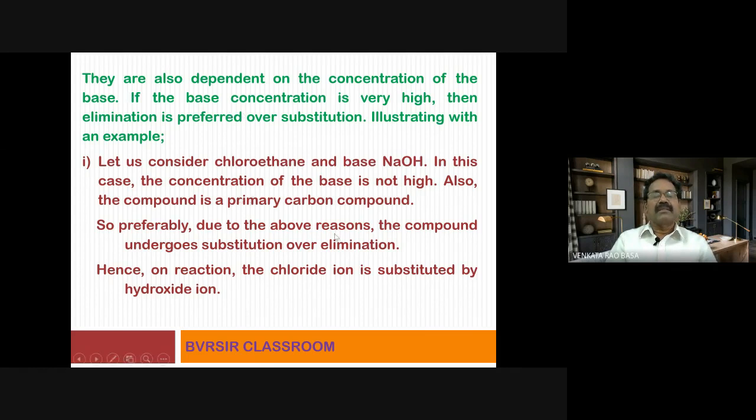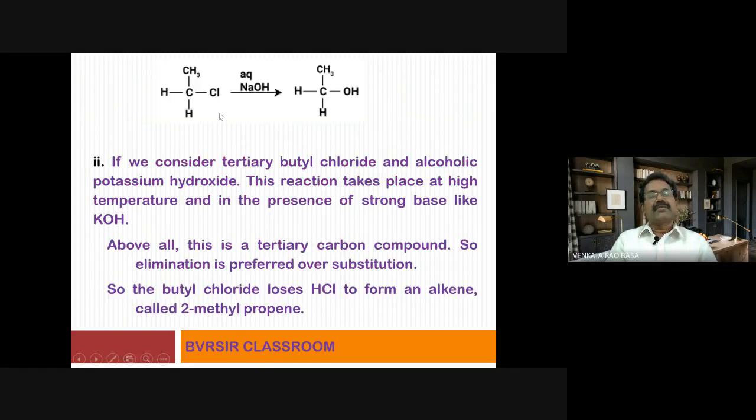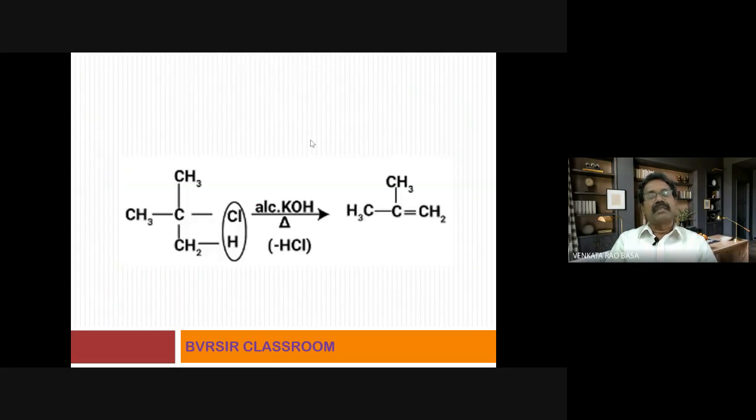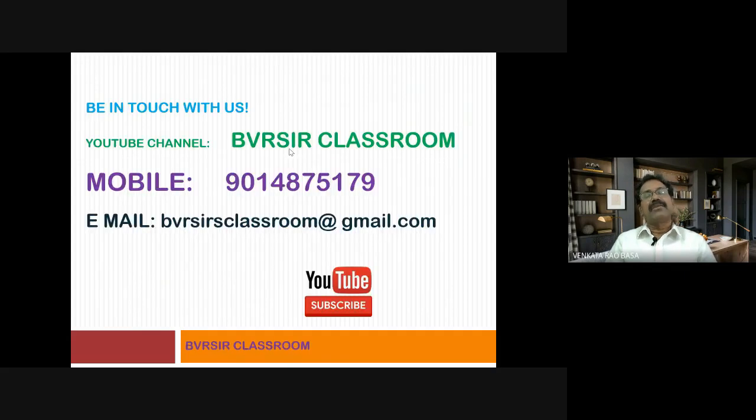This is the explanation regarding that. You see this one, aqueous NaOH. What is the product obtained? A substitution product will be obtained. If it is a concentrated condition, then what is the product obtained? Alcoholic KOH. That means KOH concentration is more. Concentration of base is more. Then which type of reaction is favored? Elimination reaction is favored. So these are some conditions which are favorable to elimination and another set of reaction conditions favorable to substitution reactions. So in this way, we have to attempt alkyl halide study.